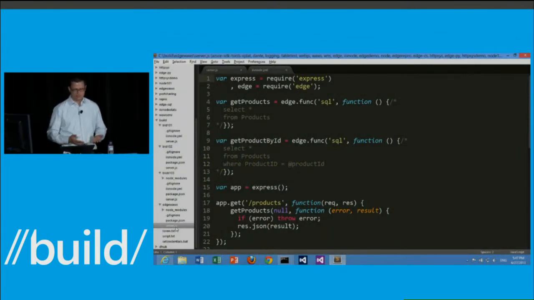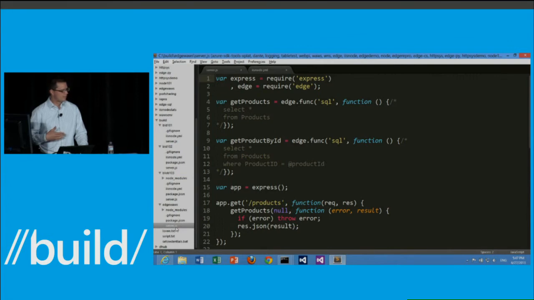So again, I'm using two modules here. Express, because I'm building a very simple MVC application, and Edge, which allows me to cross that boundary between CLR and Node.js within the scope of a single process. I am first going to create two